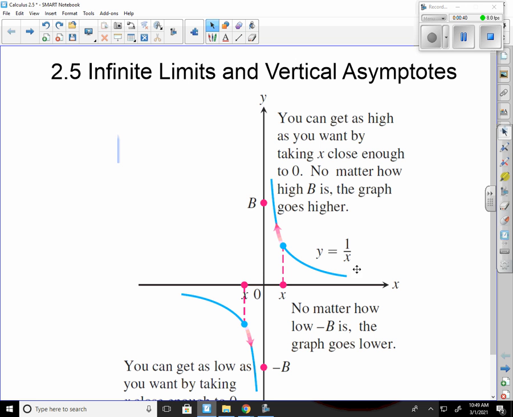Now that's going from the right-hand side. Y equals 1 over x is going to be doing that. As I get closer and closer to 0, it's going to keep going up. Think about if x was 1/2. Then 1 over 1/2 gives us 2. If x was 1/4,